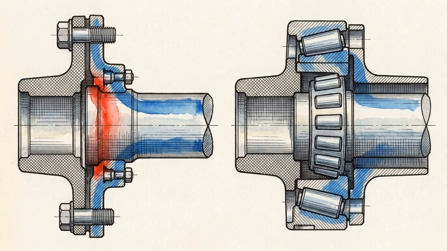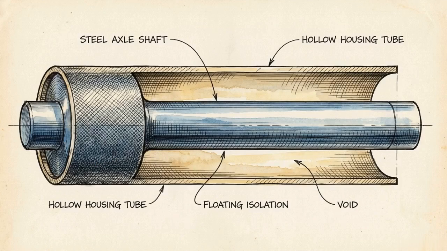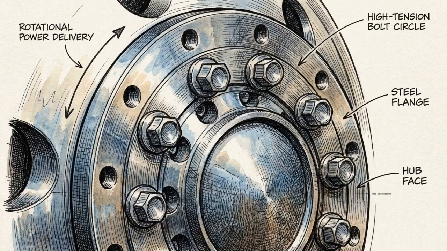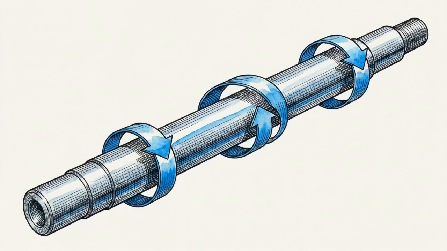This establishes a new load path. The vertical payload weight flows through the rigid outer housing and directly into the wheel hubs, completely bypassing the internal shaft. The axle shaft itself now freely floats inside the hollow housing. It bolts onto the outside of the wheel hub via a heavy flange for one purpose only: to deliver rotational power. Freed from the burden of the vehicle's mass, the shaft deals exclusively with pure torsional twisting force, drastically extending